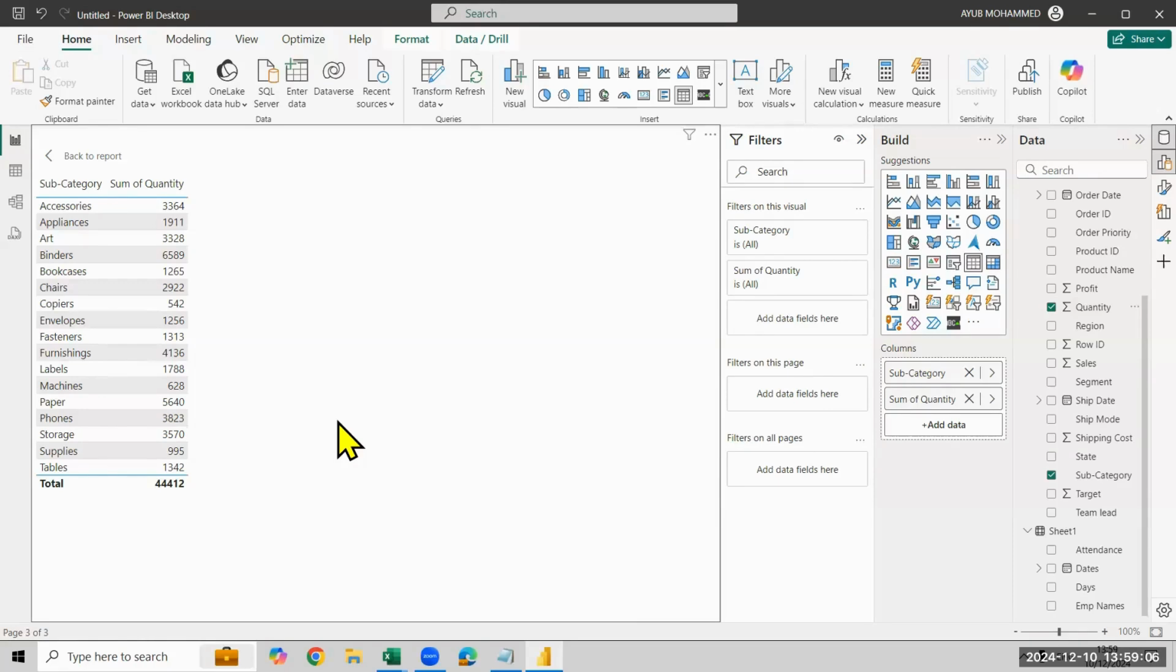So what is your starting value and what is your ending value? How do you come to know? 542. So basically you can sort the records. How do you sort it? Let me just show you. If you click on this,